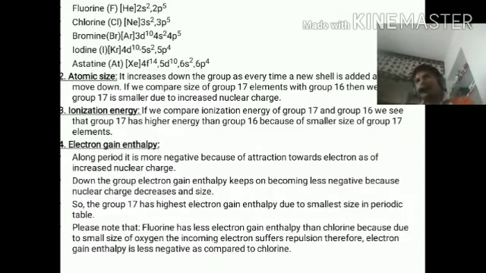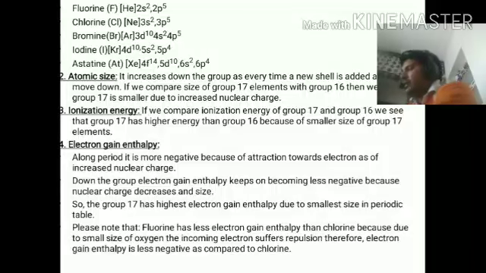But when we add another electron, at that time the element already has a negative charge. When we add another electron, it repels the electron. That's why we are unable to add the electron, so we have to give energy to the element. The element absorbs energy, so energy is required. So we can say the value of the electron gain enthalpy is positive for the second electron. Okay, first electron gain enthalpy is negative and second is positive.